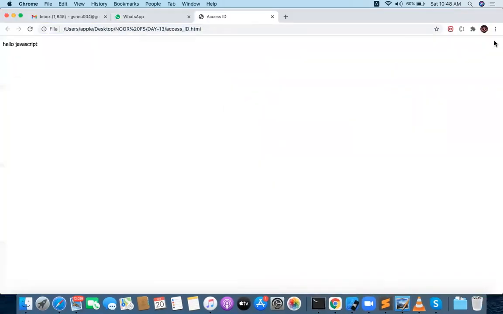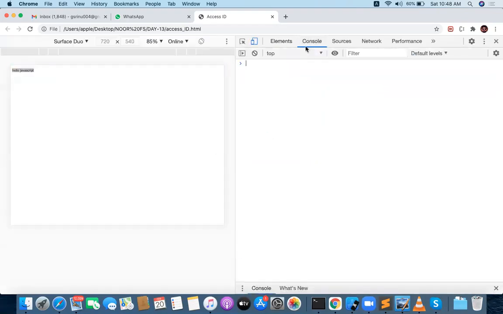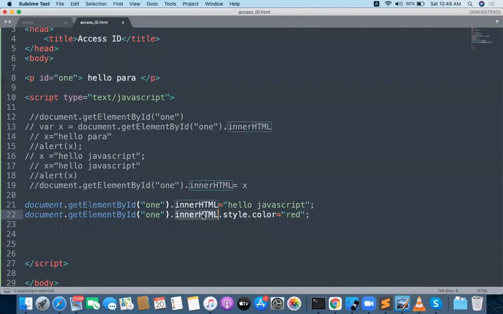But we can't see the color. What is the problem with the color? Let me check. Just go to the console. Inner HTML dot style dot color equal to red.